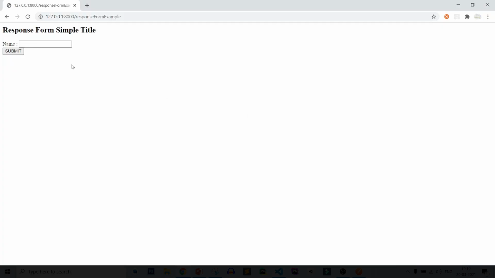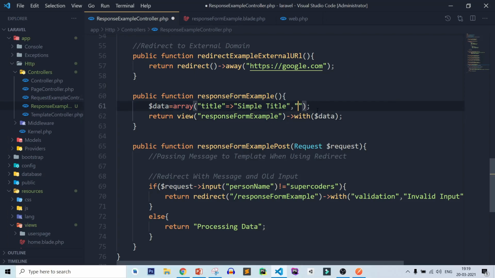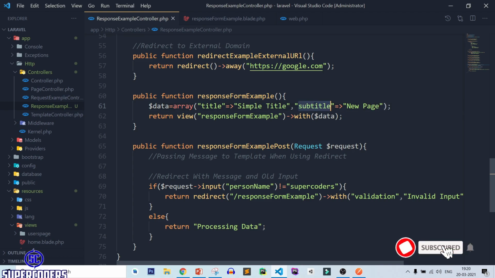Refresh the page, you can see it's showing request form simple title. But let's say we want to pass multiple data. So subtitle, new page, save this file and let's print subtitle.